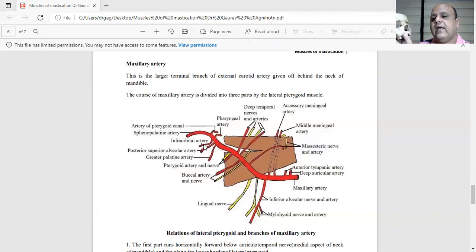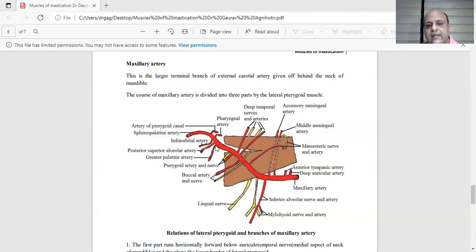So in this way, anterior superior alveolar arteries and posterior superior alveolar arteries, which are both coming from the third part of the maxillary artery, are supplying the upper teeth. And so bleeding from upper teeth is from the branches of anterior and posterior superior alveolar arteries. Posterior superior alveolar artery is directly arising from the third part of the maxillary artery, while anterior superior alveolar arteries are arising from the infraorbital artery.